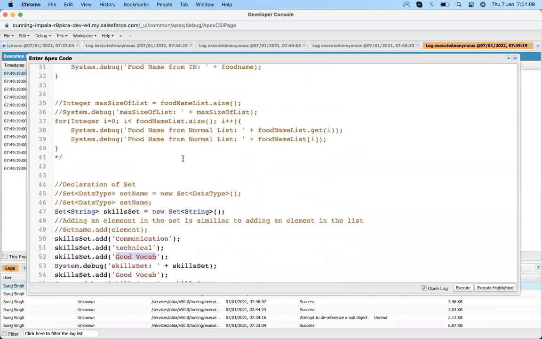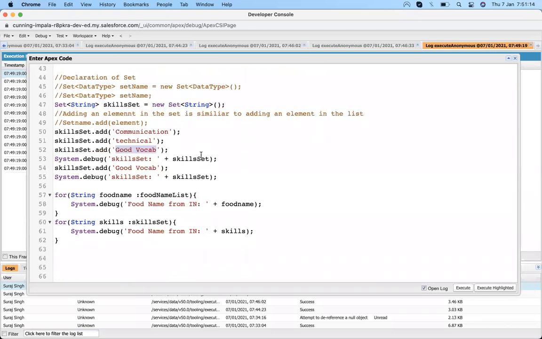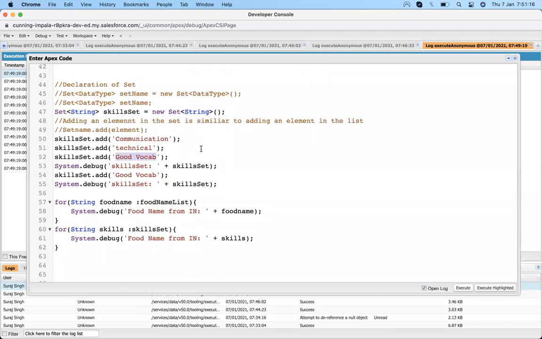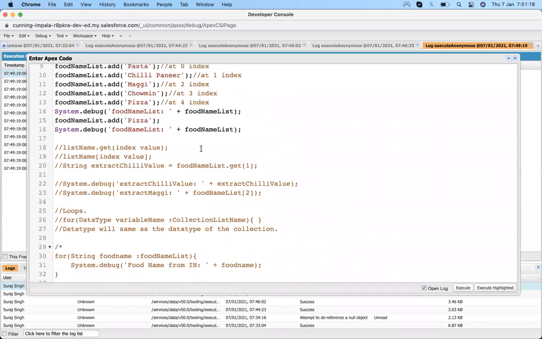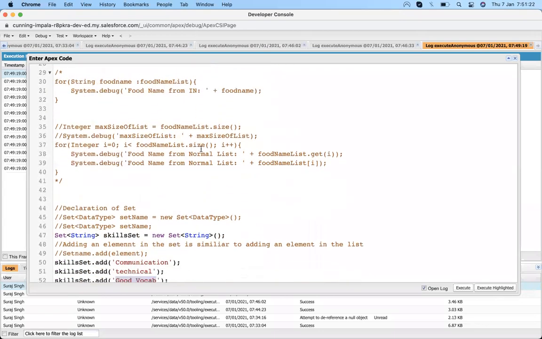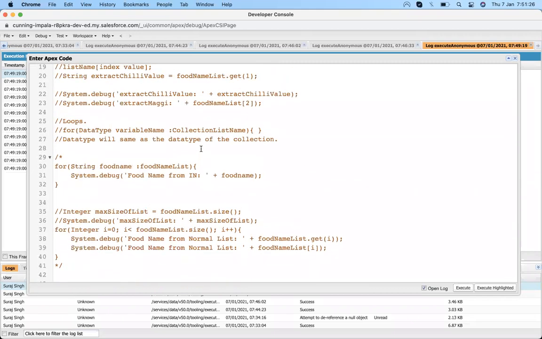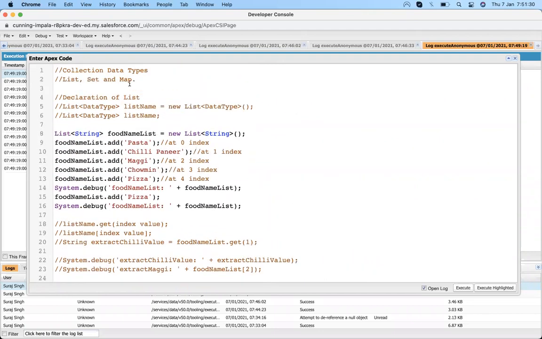Okay, any questions? Suraj: Is there a hash map, like array list? It's not a hash map, it's a map. A map is the same thing.